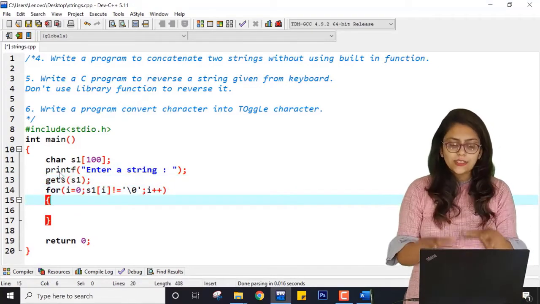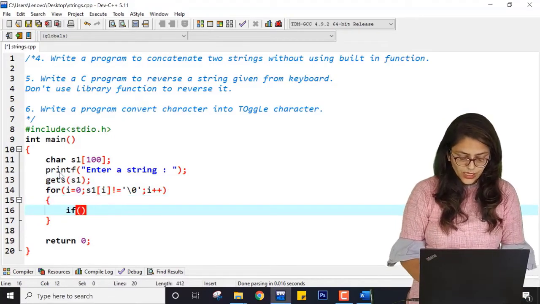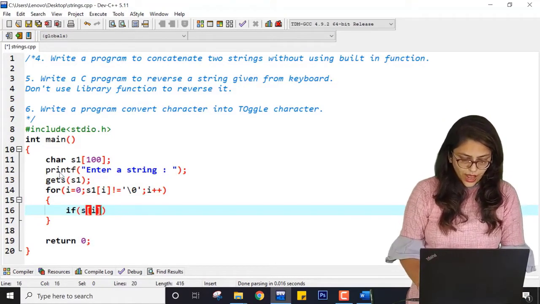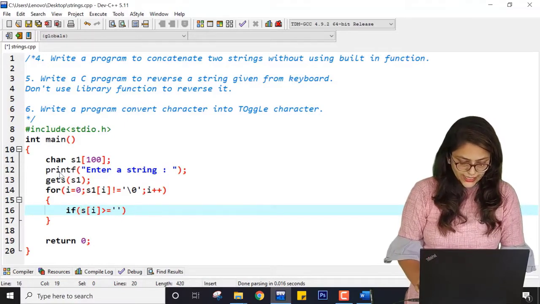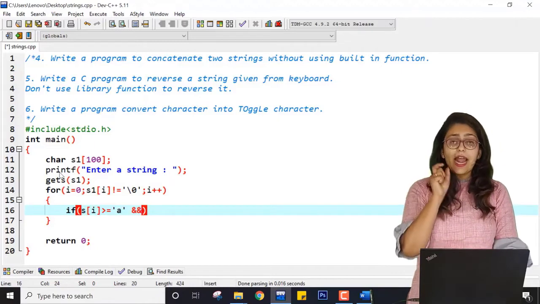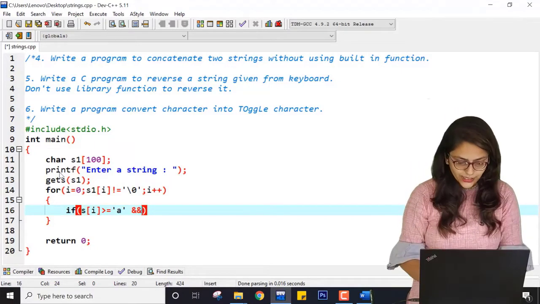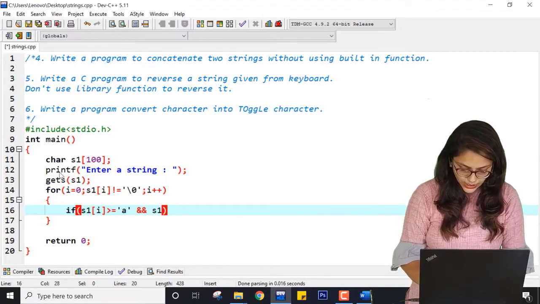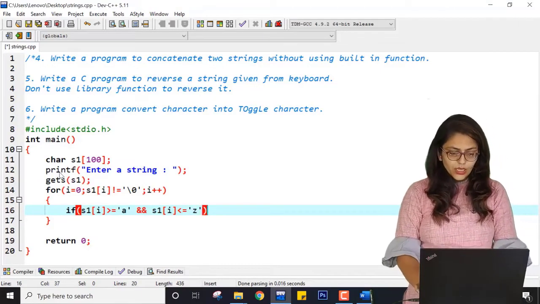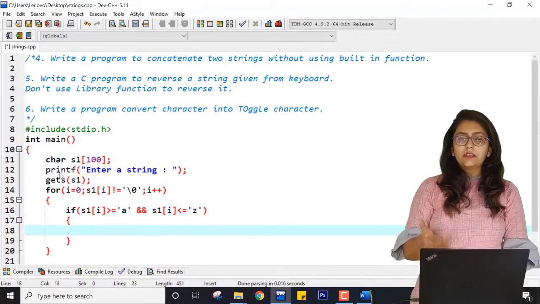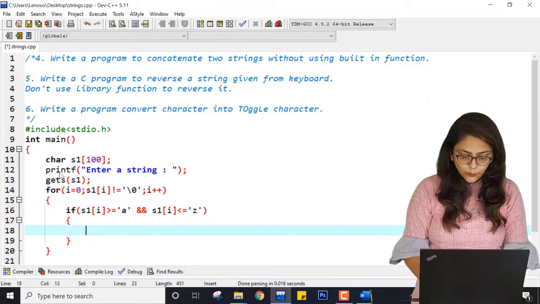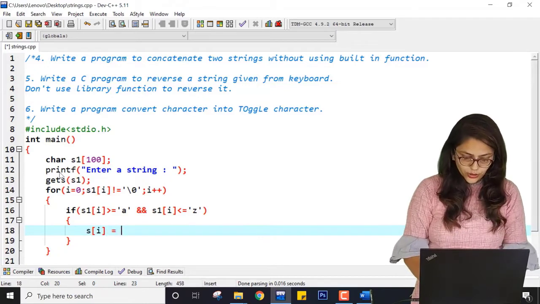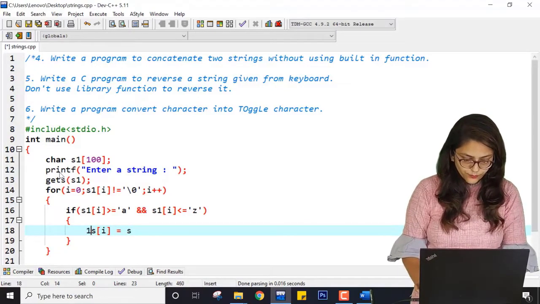Now for S1, what I am going to check is if S1 of I is greater than or equal to small a, and here it is an AND condition, because it must fall in between this range, and S1 of I is less than or equal to small z. If this is the condition, that means the character is a lowercase character, then I am going to do S1 of I equal to